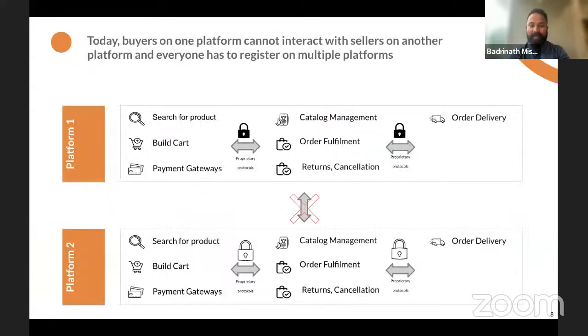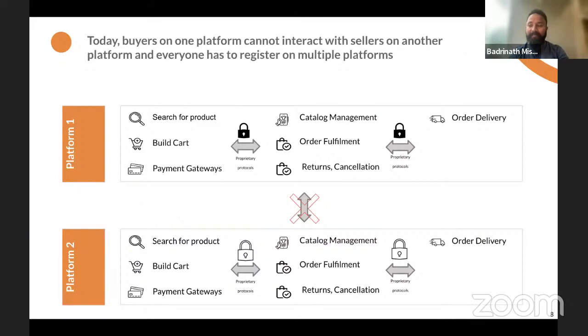I'll take you quickly to a deeper level. If you are on a platform, we know that searching for a product, building a cart, creating a successful checkout, or even talking to customer care, going back and checking my account for my order status, everything put together, we can call it buying side activity. So a set of activities where the customer or buyer interacts with any platform is called buying side activity.